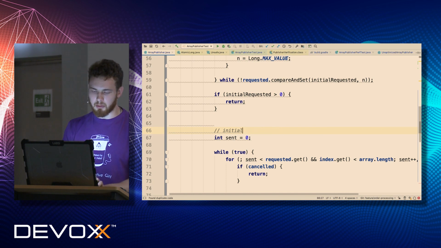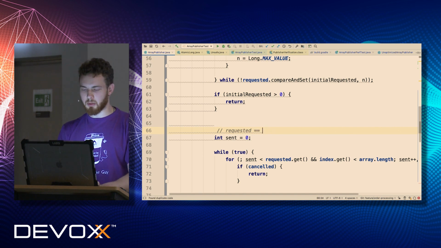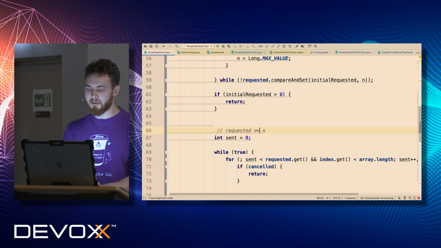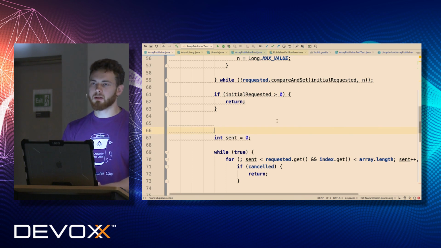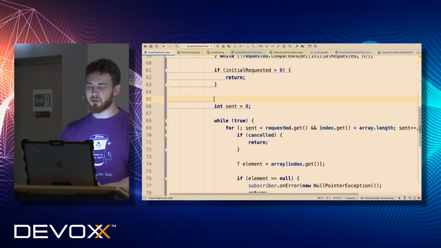Yeah, it will. Anyways, the requested field will be equal to n at this point in time. We can just assume that we don't have any racing, so we can assume that requested will be equal to n, which means that n is the up-to-date state for the requested number of elements. Yeah? Does it make sense?